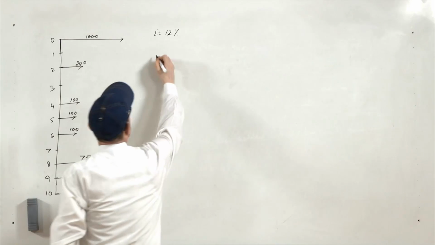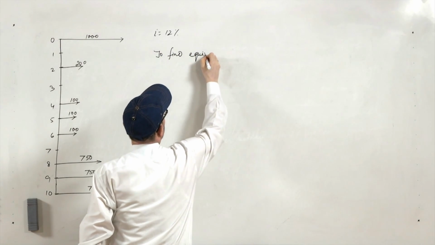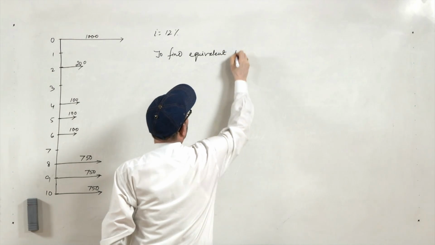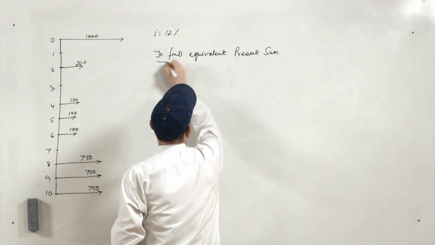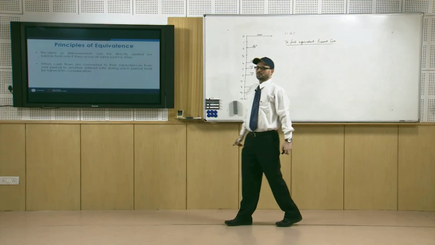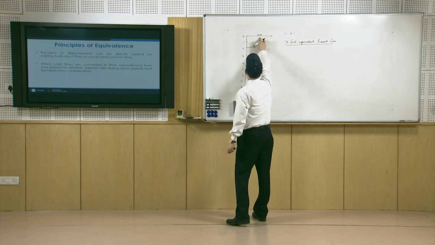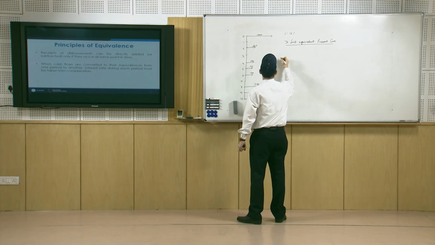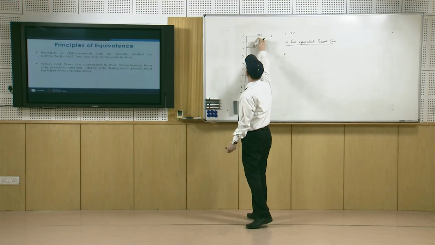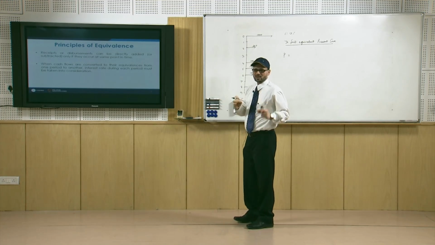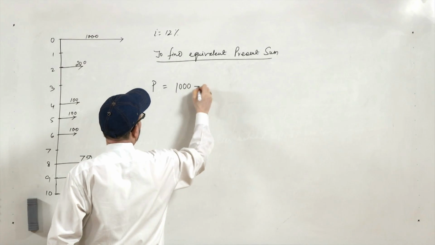To find the equivalent present sum: this equivalent present sum is at the present time. So, see, this 1000 will be directly added. So, if it is P, it will be equal to the contribution of this rupees 1000 as it is. So, this will be 1000 plus